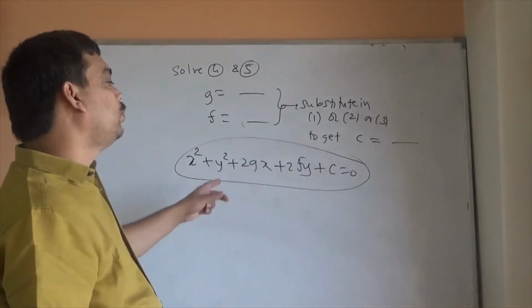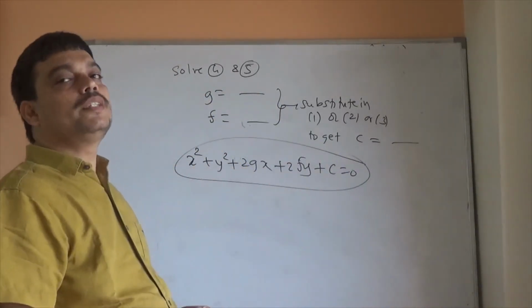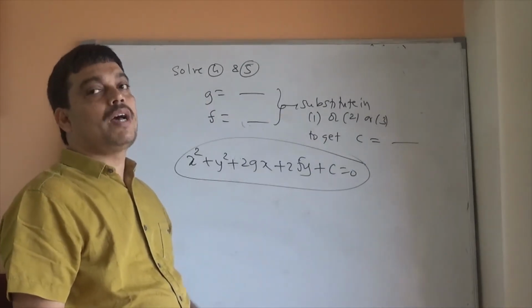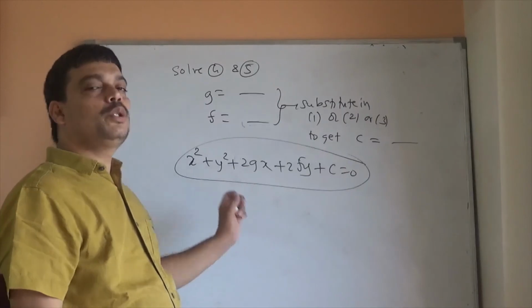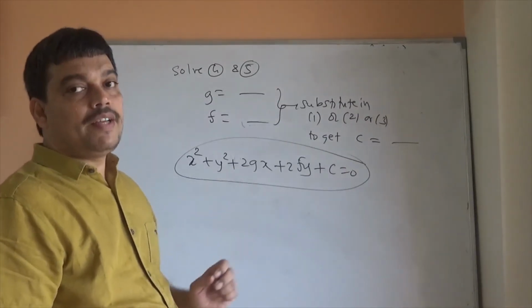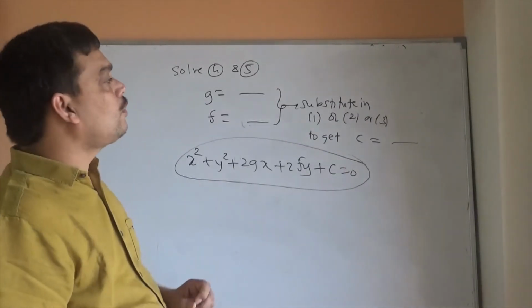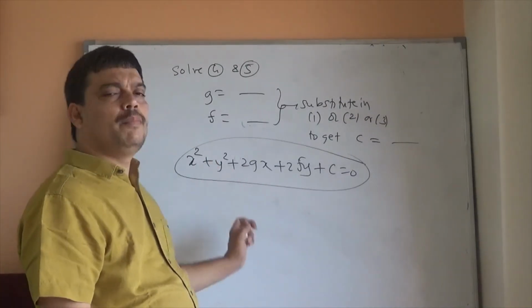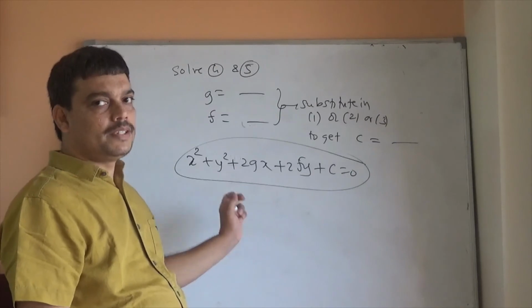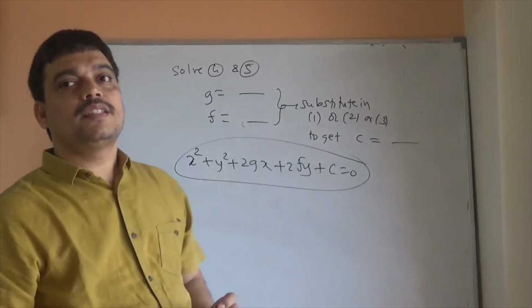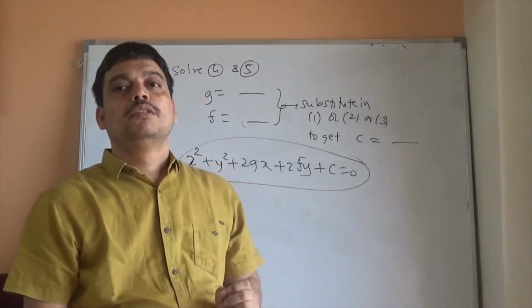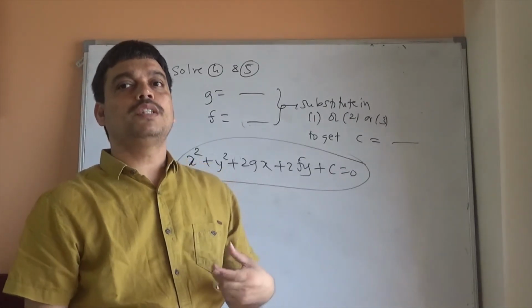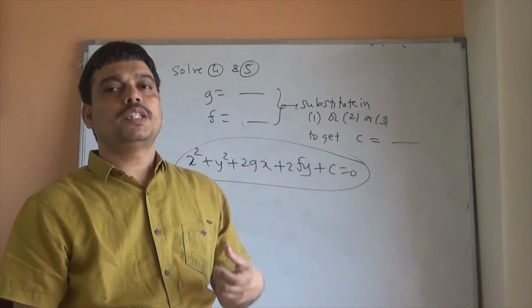This is method 2. Apart from this, there is also a third method, but in order to use the third method, you need to understand the concept of family of circles, which we are going to do at the end of the chapter. Whenever I teach you the family of circles concept, I will also teach you the third method. Right now, just get familiar with either the first method or the second method. Whatever I have illustrated here are the general methods to solve the problems. But generally in objective exams where you have 4 choices, we can also try using certain shortcuts, and that depends upon the type of question given.